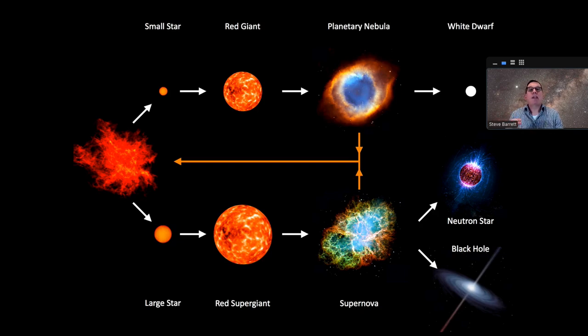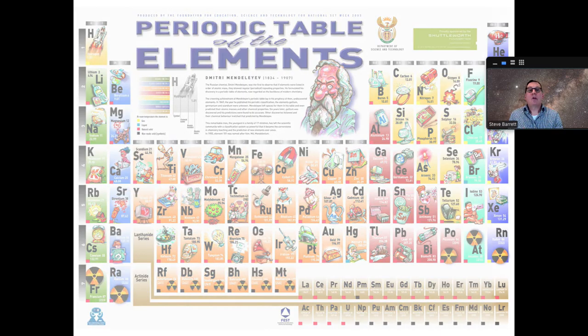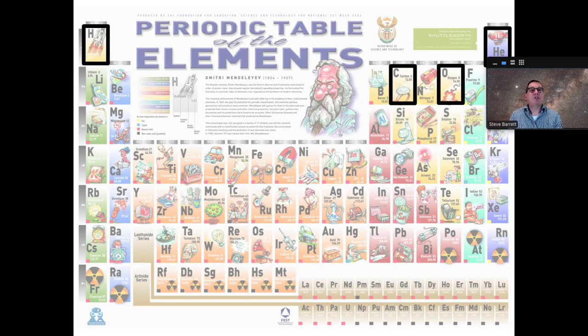This must have already happened quite a few times, because when we look at the periodic table of the elements, at all the elements that exist on Earth, we find lots of them, not just hydrogen and helium and lithium and beryllium. We find all sorts of things. So if we just dim that out, we started with hydrogen and helium from the Big Bang, but we know that there's lots of carbon and nitrogen and oxygen. Let's face it, we're made of those, so we know there's lots of those around, and we know there's lots of other elements in the crust of the Earth. And explaining where they all come from up to iron, that's part of the life cycle of stars.